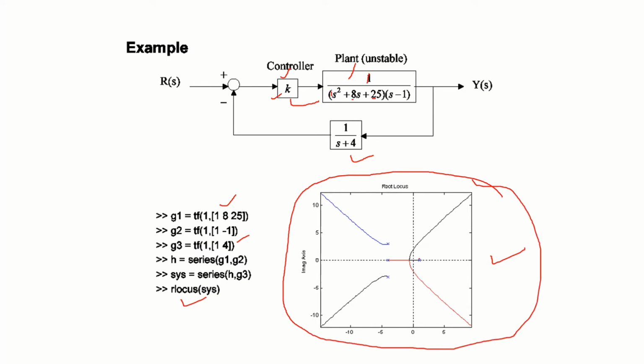So now very clearly it draws, like you see here, this root locus starts like this and goes this way. This root locus starts and goes this way. This root locus goes in this way. And this root locus goes in this way. You can very quickly draw the root locus plot.